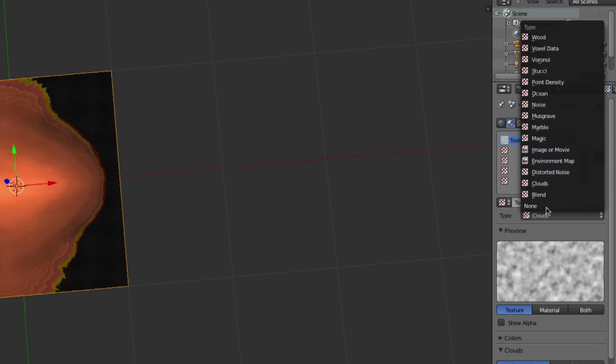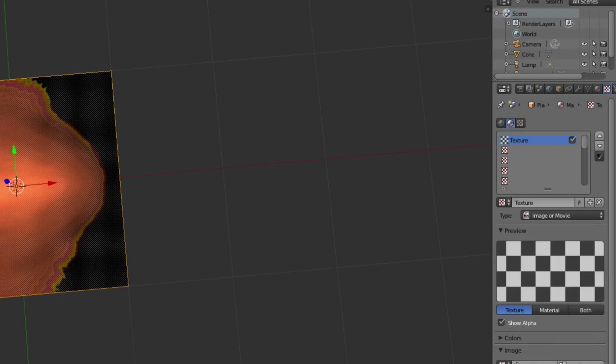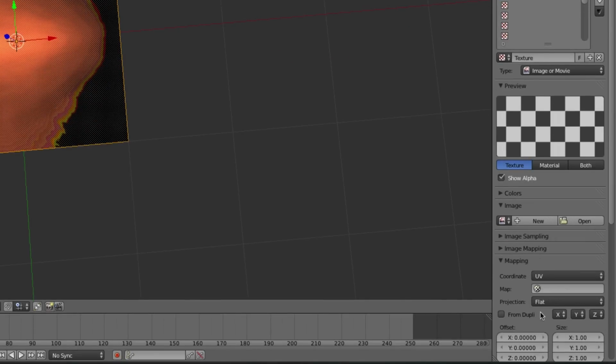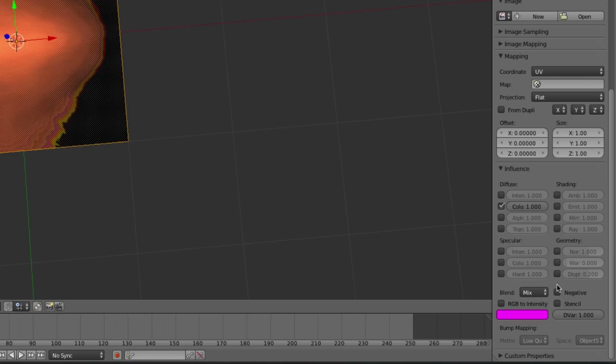And with this, we go clouds. No, we want an image or movie. So it goes image or movie. Click on show alpha. Click on this generated thing down here. Move that to UV. Alrighty. So we want to select alpha there,